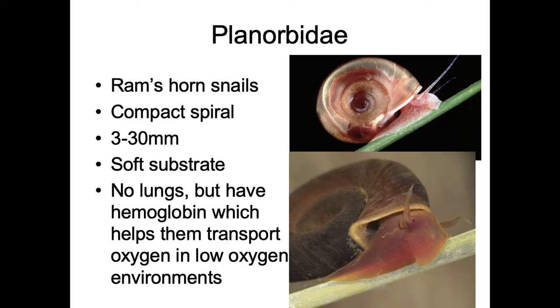So if it has a muddy clay bottom, you're more likely to get these guys. They do not have any lungs, but they do have hemoglobin, and you can see in this picture that the flesh looks very pink purple. That's the hemoglobin in there, just like we have,